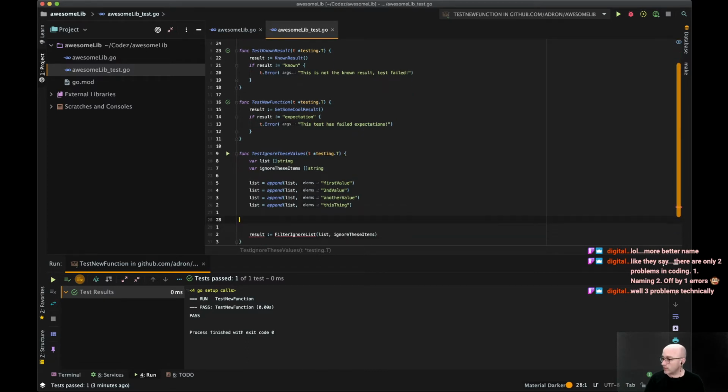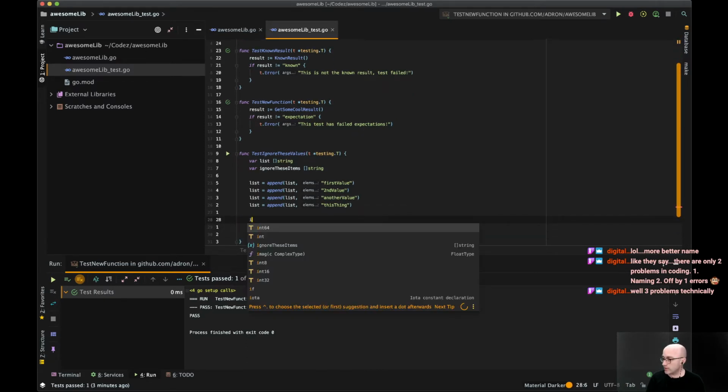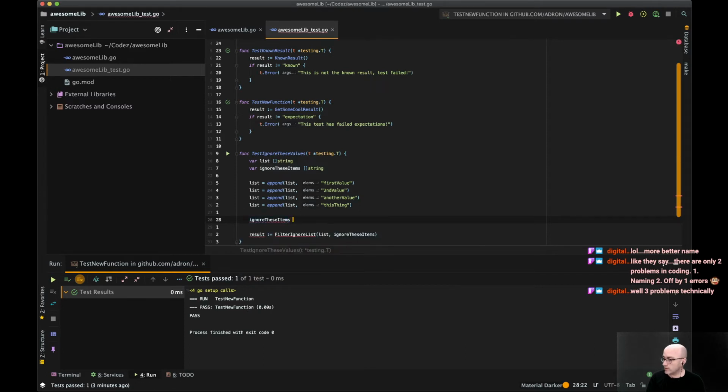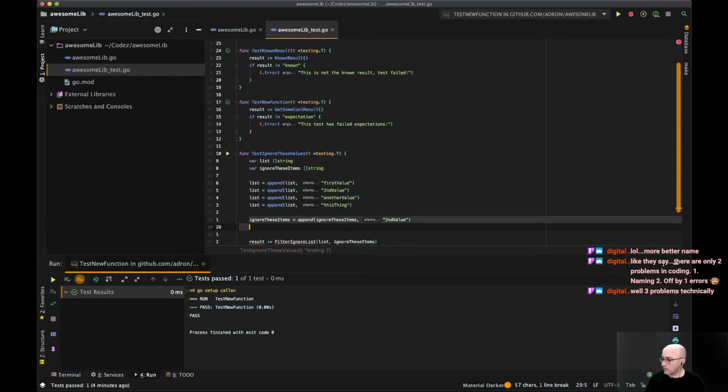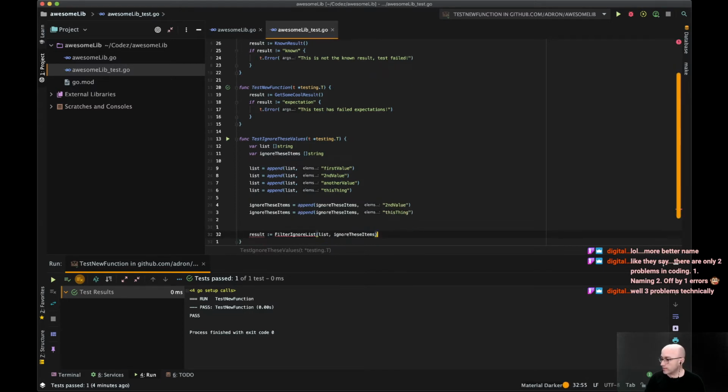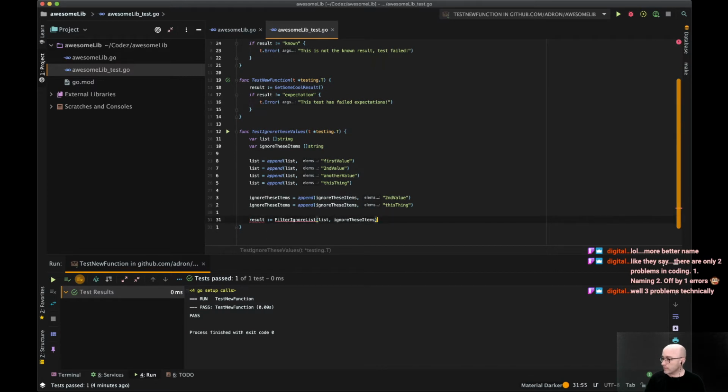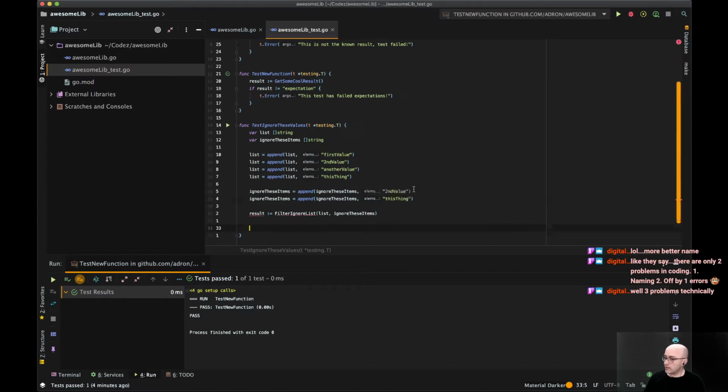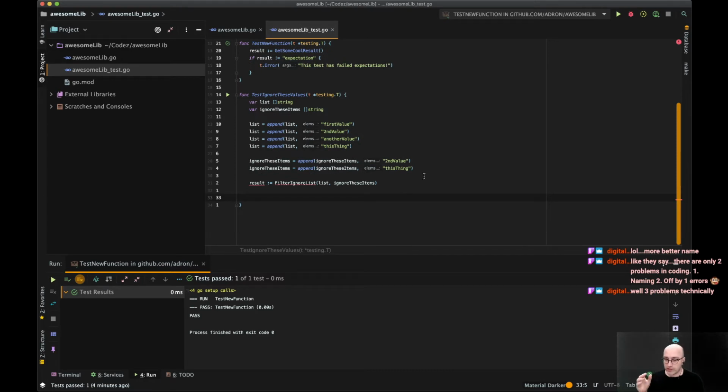All right, and then in our ignore list, let's ignore 2 of those values. So ignore these items equals append. So ignore these items. Then we'll have, let's ignore the second value. Whoops, there we go. And then one more, we'll ignore this thing. So if we do that, and then, so based on our function,